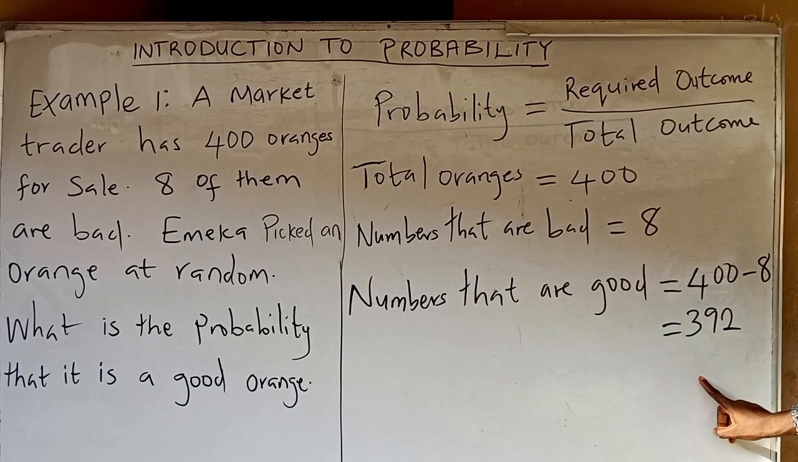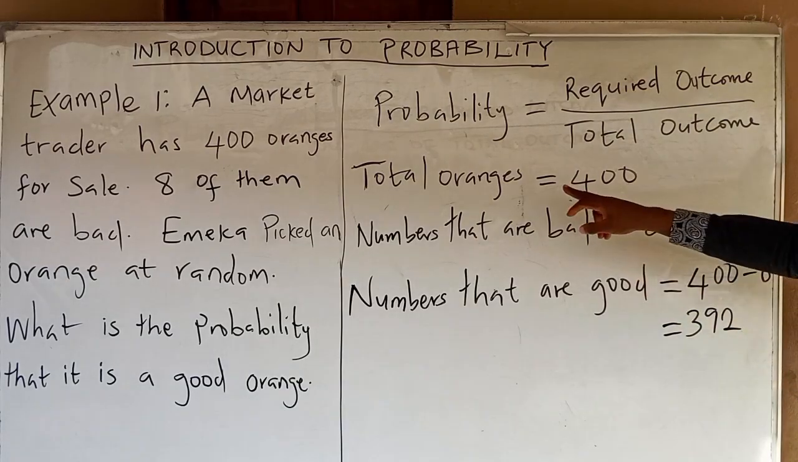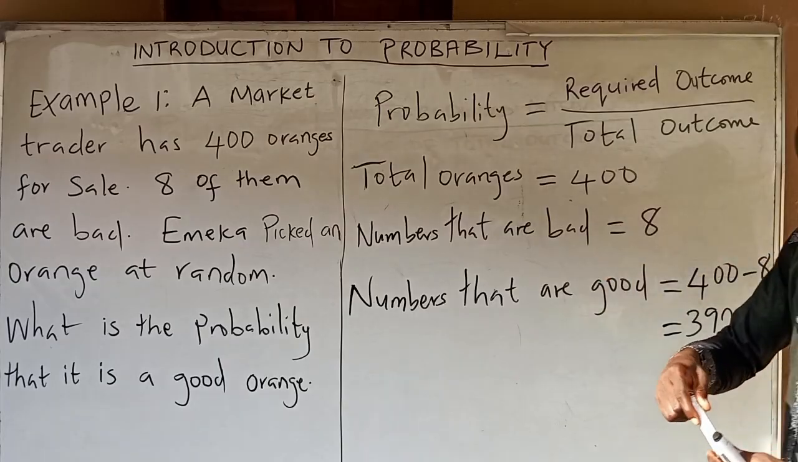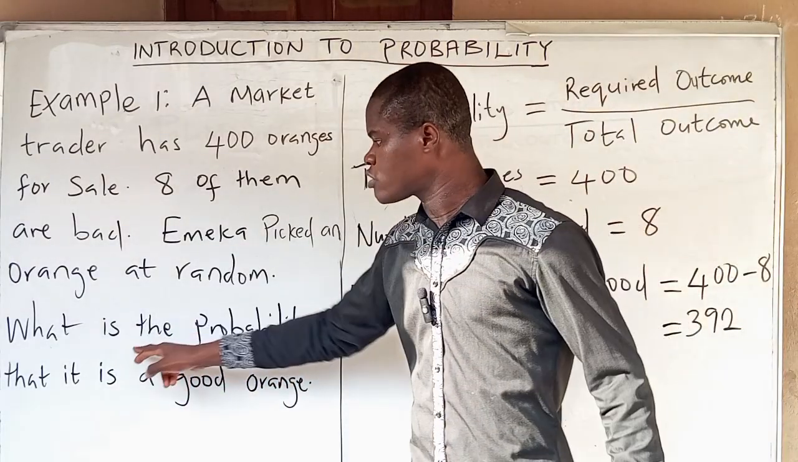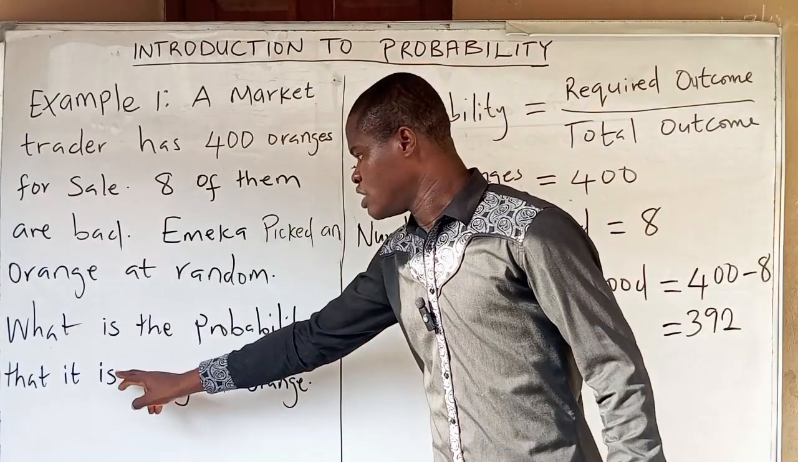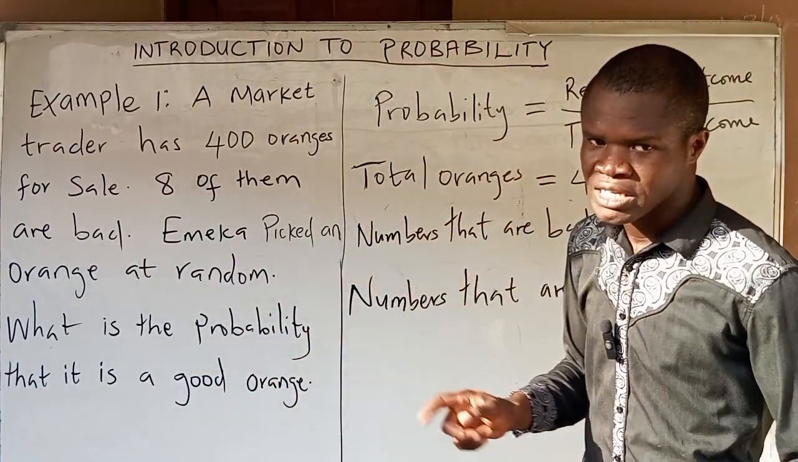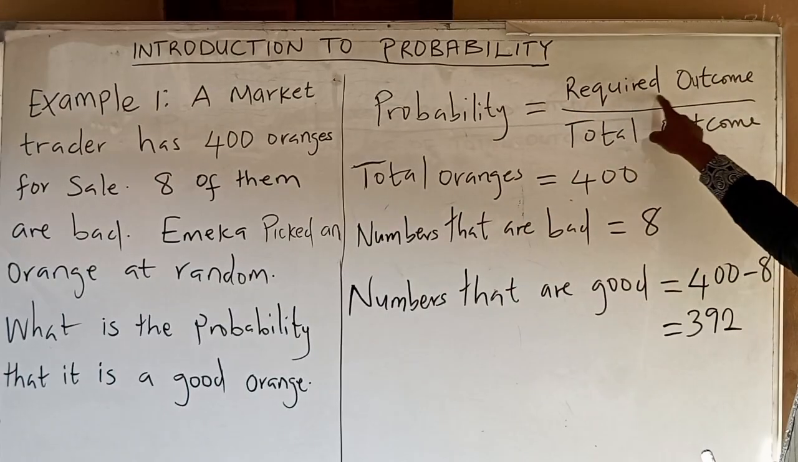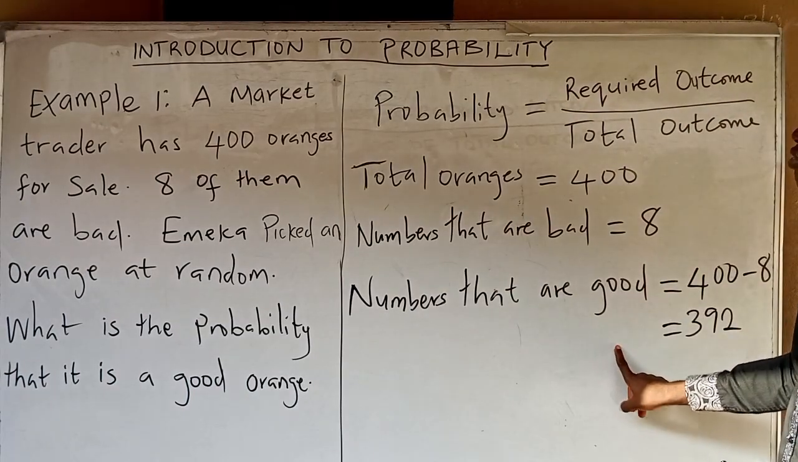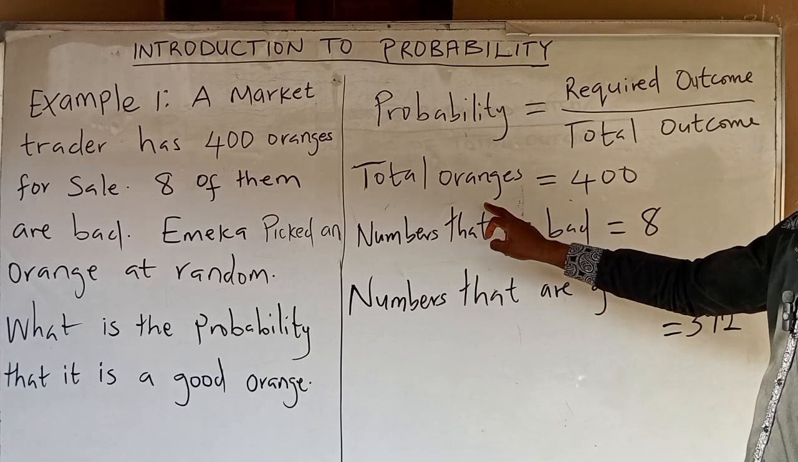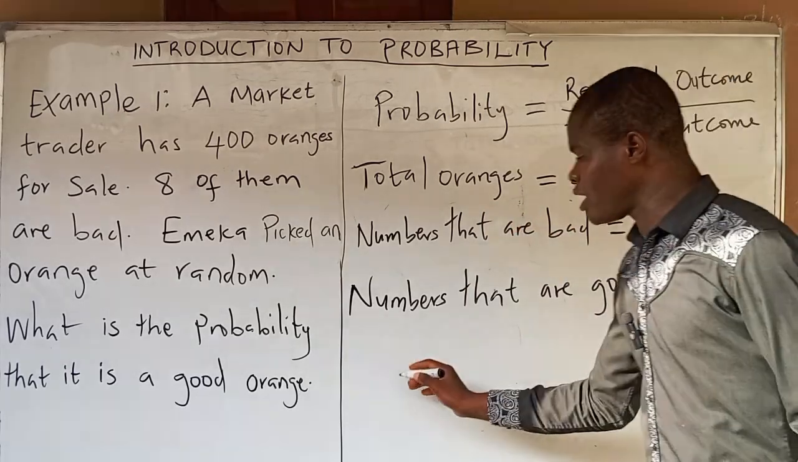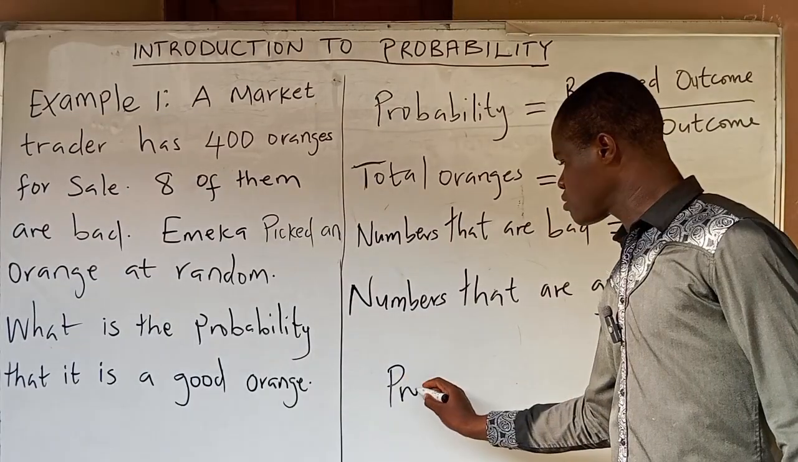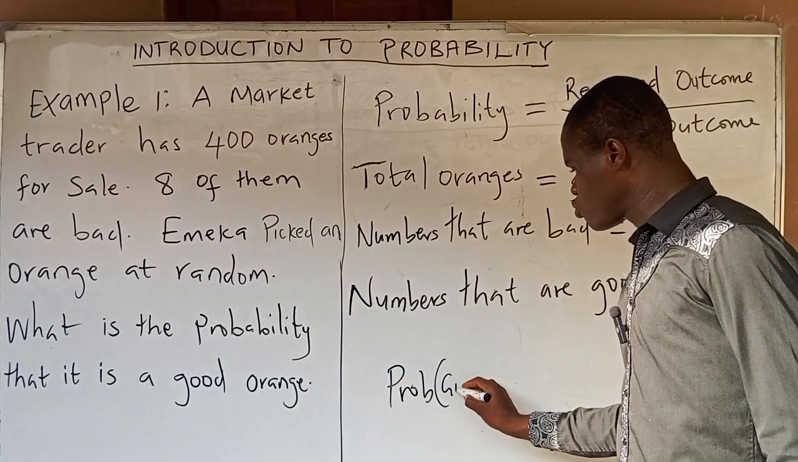So these are the numbers that are good. This is the number that are bad. And this is total oranges. Now, the question is asking us, what is the probability that it is a good orange? That means our required outcome will be good orange. Our total outcome will be what? The total number of oranges. So let's now solve the problem. Probability of good